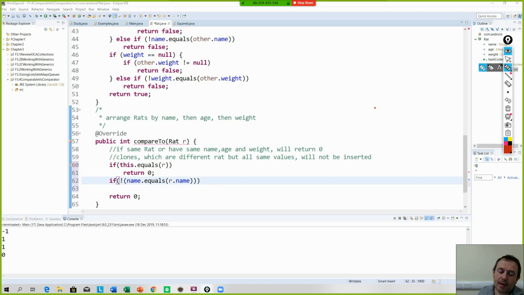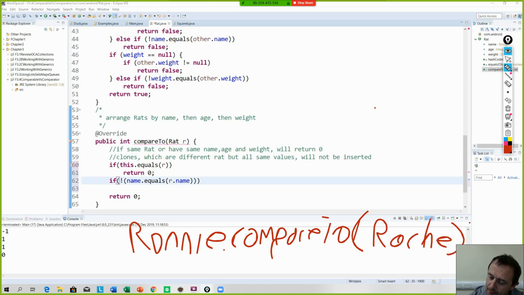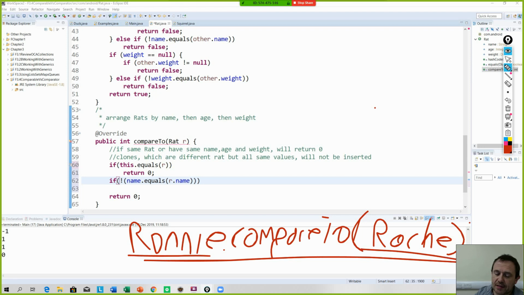So if the name of, so we have again Ronnie dot compareTo Rachel. All right. So if the name of the first rat is not the same as the second rat,